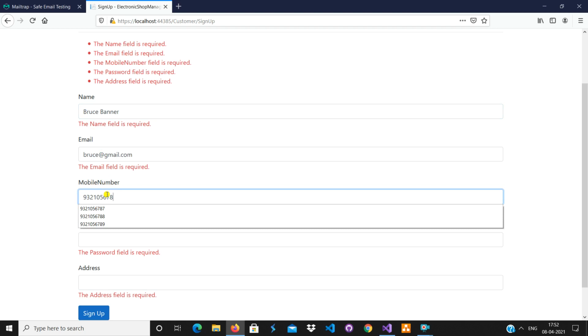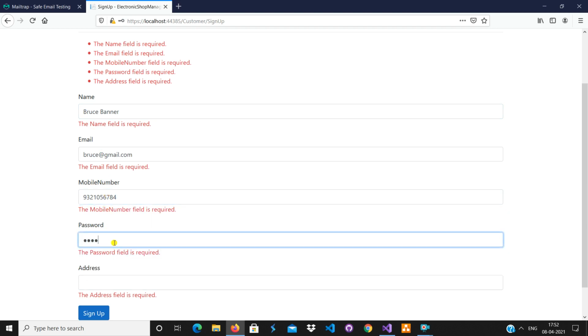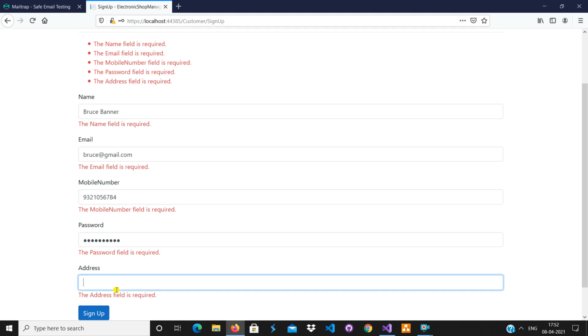I'm just entering a random mobile number, and let's enter the password. So this is the address field. Now let me enter the address A12.